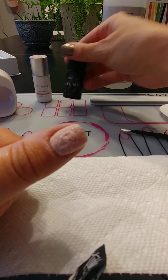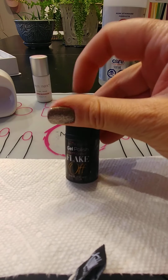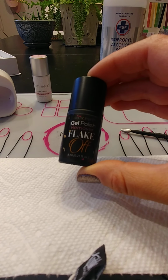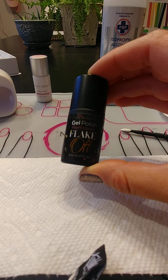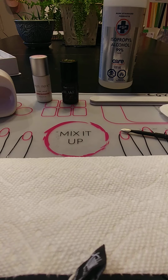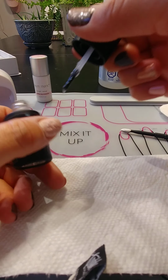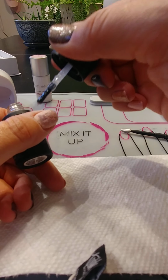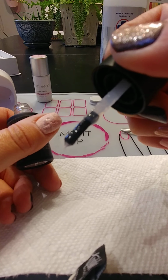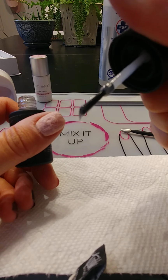Then what I've done is I've applied this. This is the GelMoment gel polish remover. So this is the flake off product. This is my favorite one to remove the polish. So essentially what you do after your nail's all roughed up, you just apply a pretty thick coat on your nails. And it is quite thick. I'm not sure if you can see that. It's quite a thick